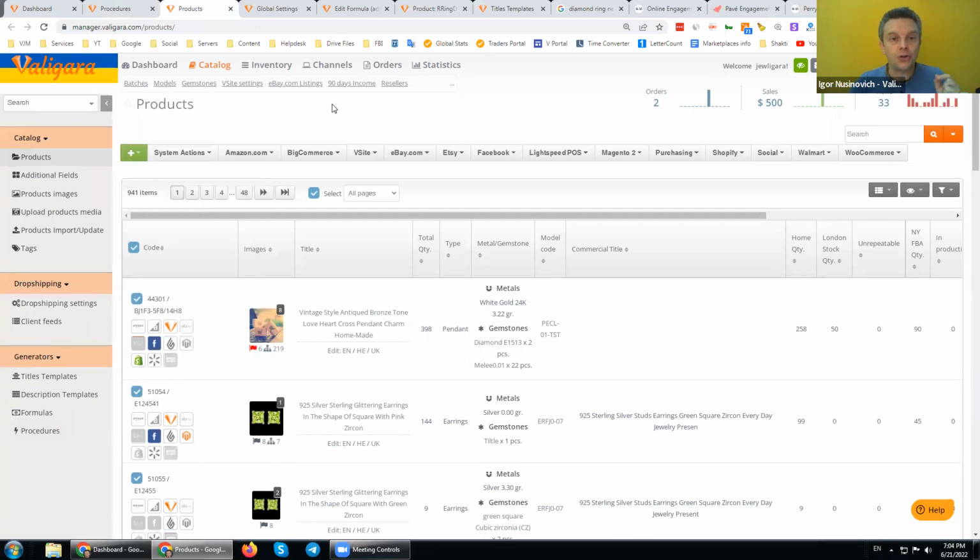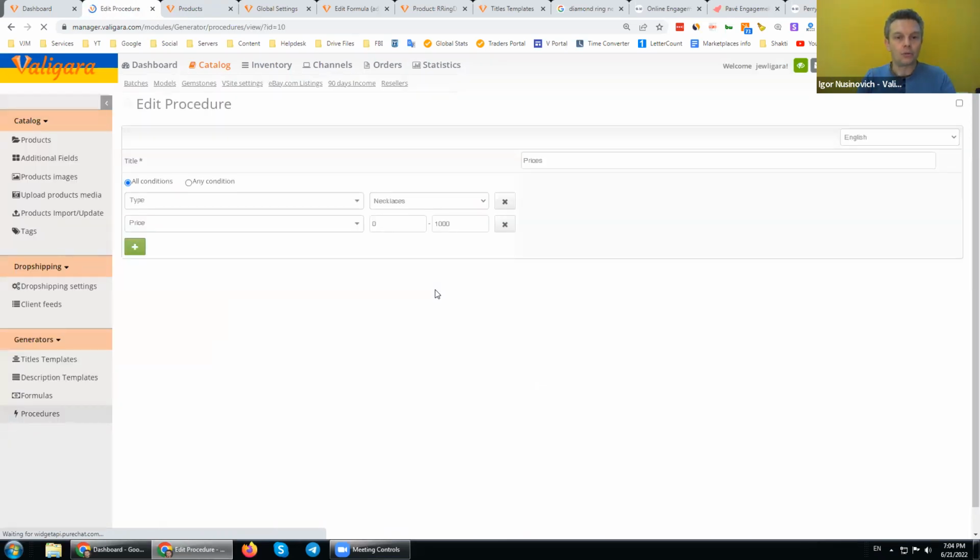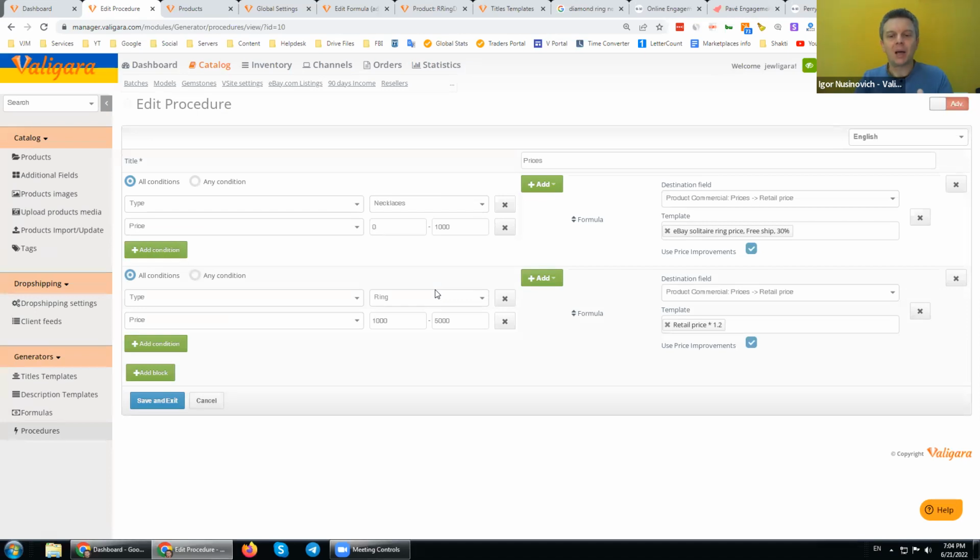These conditions allow me to switch my operation from multiple clicks into really one operation, which we set up together: one procedure where we set all together, all the title generation, all the price generation, all the description generation, anything we need, and apply it to multiple different products together. This is what takes 50 operations down into one operation: the conditions of the procedures.